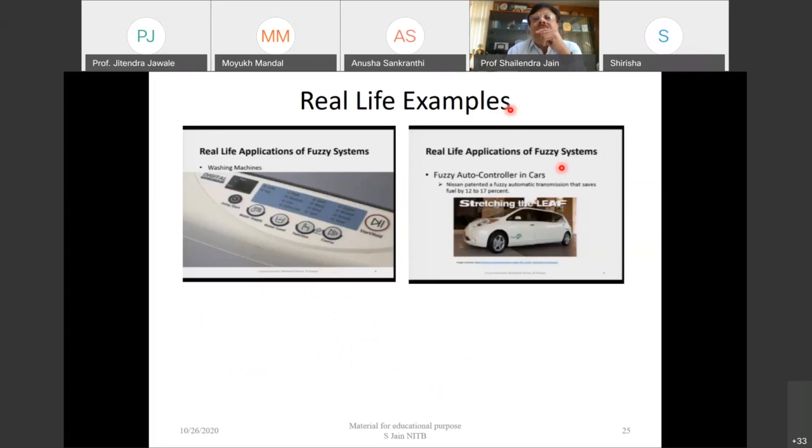Let's see the fuzzy auto controller in cars. These days we are talking about driverless vehicles, isn't it? You will simply use the GPS system, navigator, plan your route. It might be possible to program your car and go for a big sleep. Your car will automatically follow the route which you have programmed, or maybe the shortest route, and will take you to the destination. So a lot of human intelligence is required.